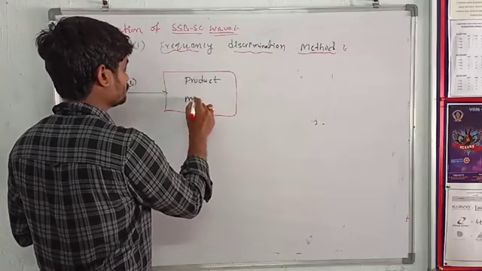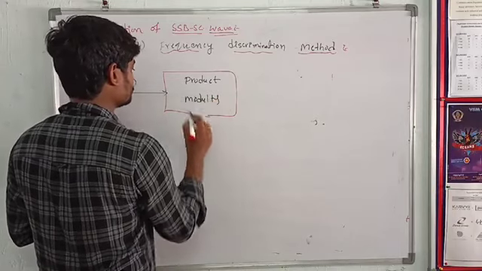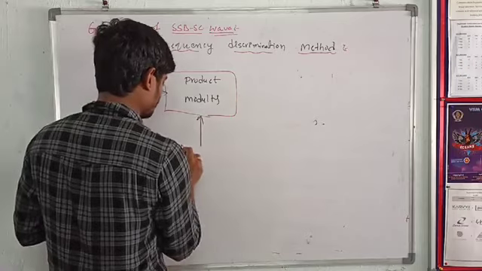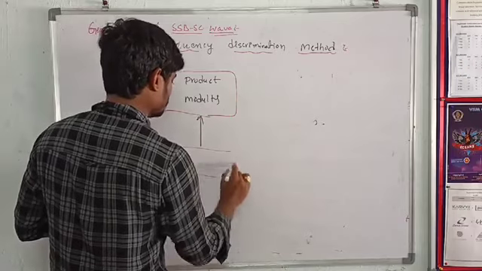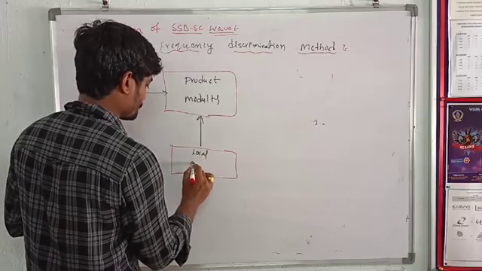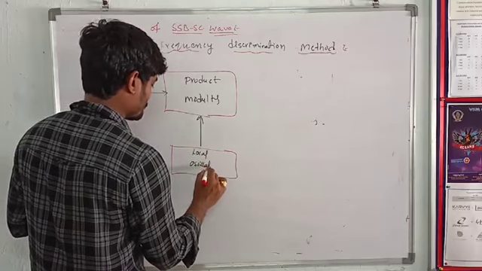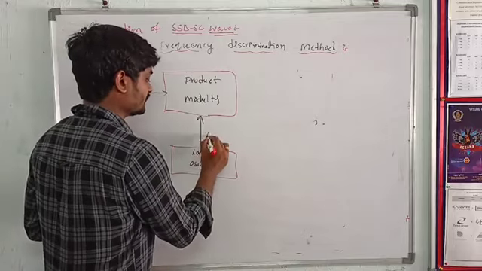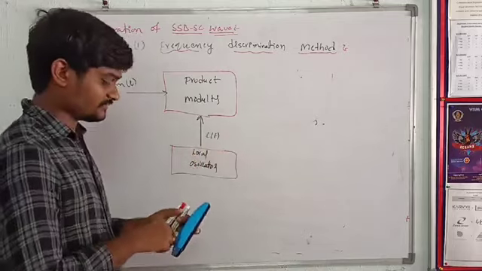The product modulator is given the carrier signal. This is the local oscillator. The local oscillator generates this carrier signal c of t,